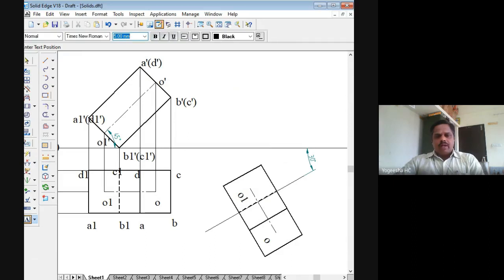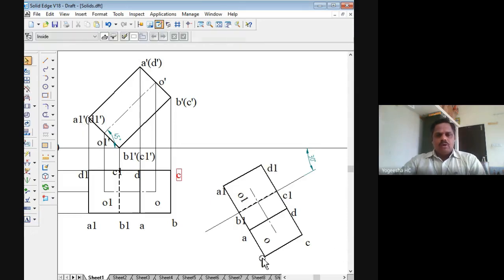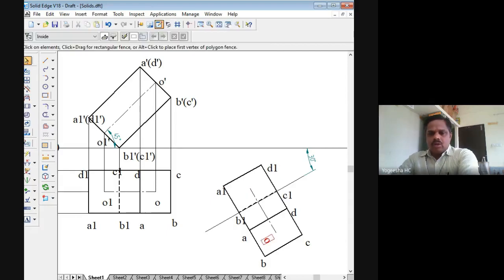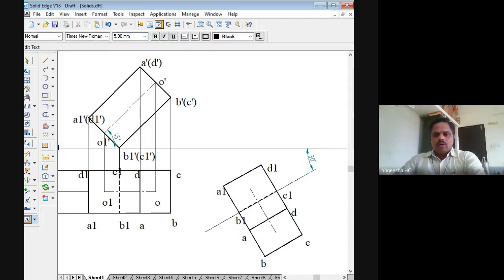I know that this is the point A. I'll mark it as A. This is B. This point is C. This point is D. Here it is the point A1. This point is B1. And this point is C1. And this point is D1 here. And the point O and O1 also, I'll delete here, right? And I will mark it once again, because that will not look nice, right? Rotated. So I'll mark it as this point is O and this point is O1. All the final top view points are visible now.